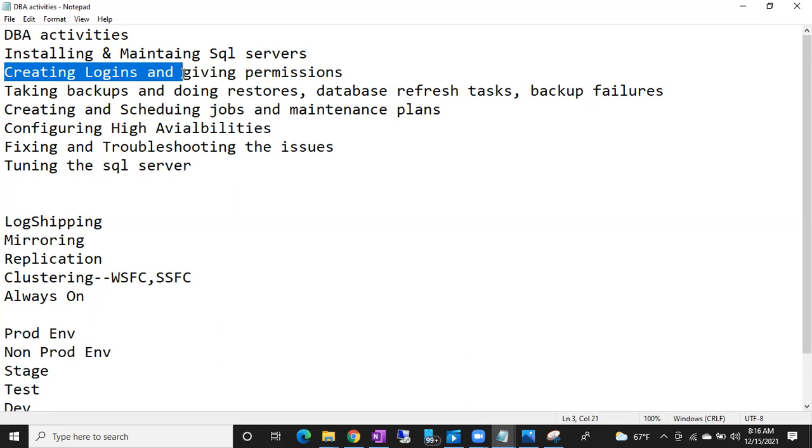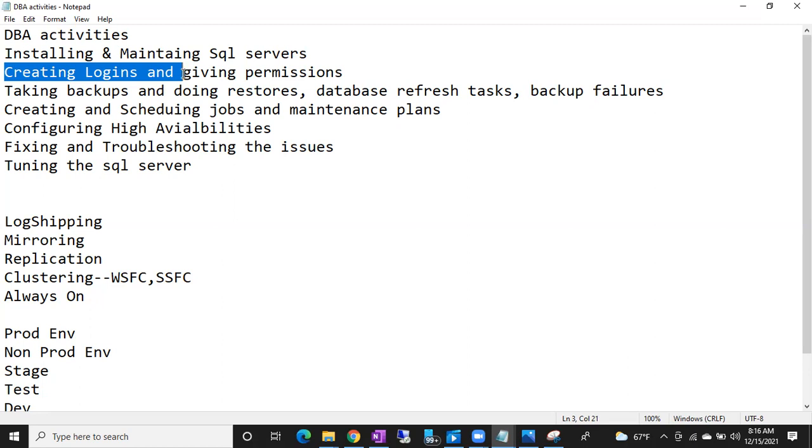Silver plan, basic plan, platinum plan. If you buy a silver plan, you can access only some features. In the same way, we can limit the permissions of the users. Not everyone can access everything. If you give access, he can access everything, but it depends on the requirement. What and all he needs to access, for that area only we are going to give permission. So giving permissions is also a DBA responsibility.